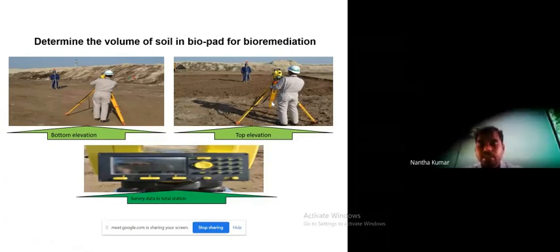The in situ method is just within the site. You can apply the product and maintain the ideal condition to remediate.